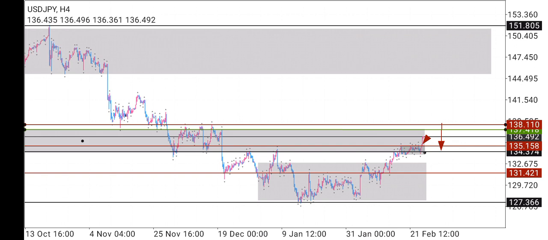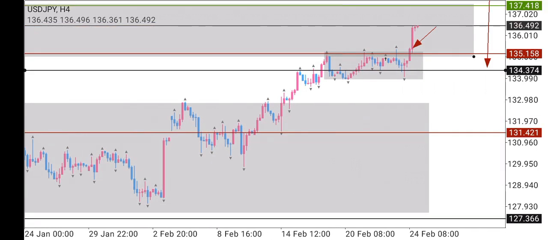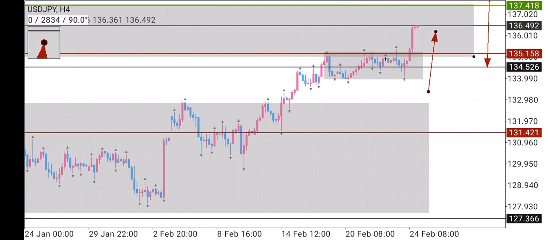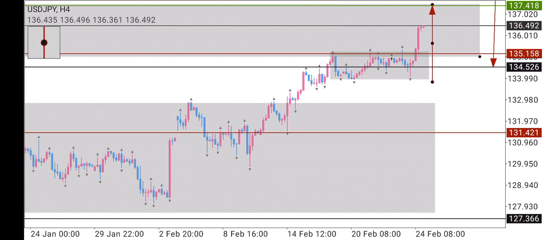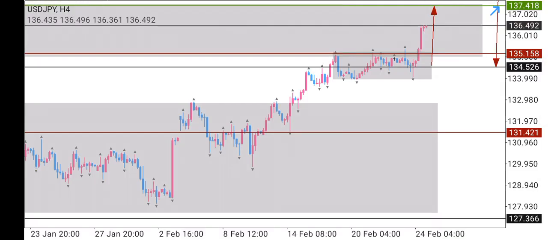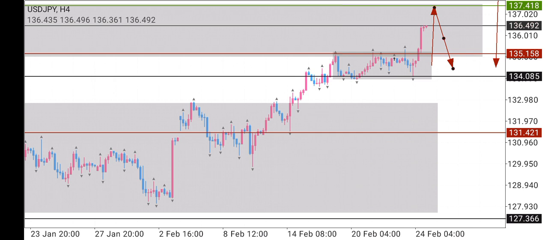So I expect price to hit this place, the green line, which is acting as a resistance, a strong resistance zone, then a retest to this consolidation area, a retest to this area before